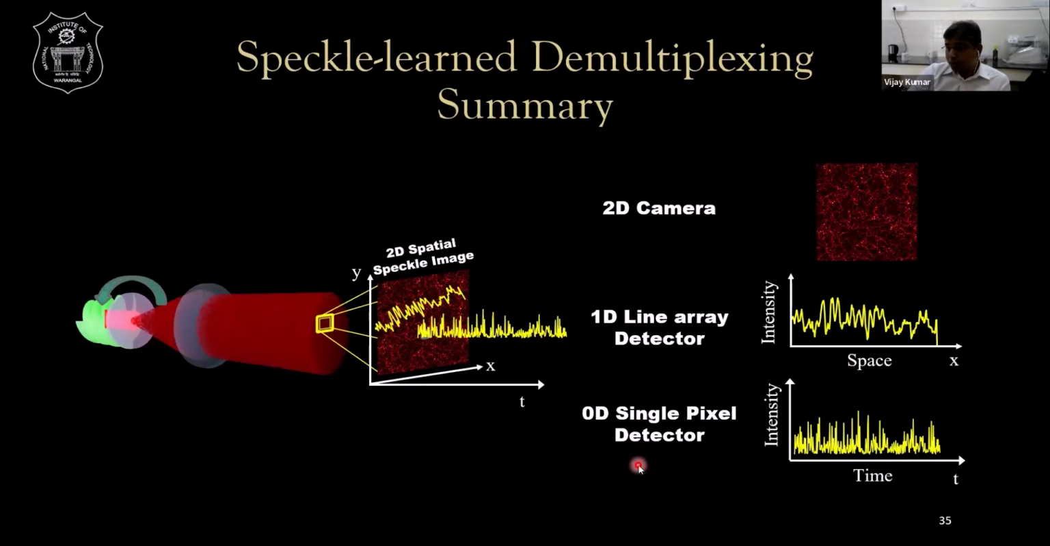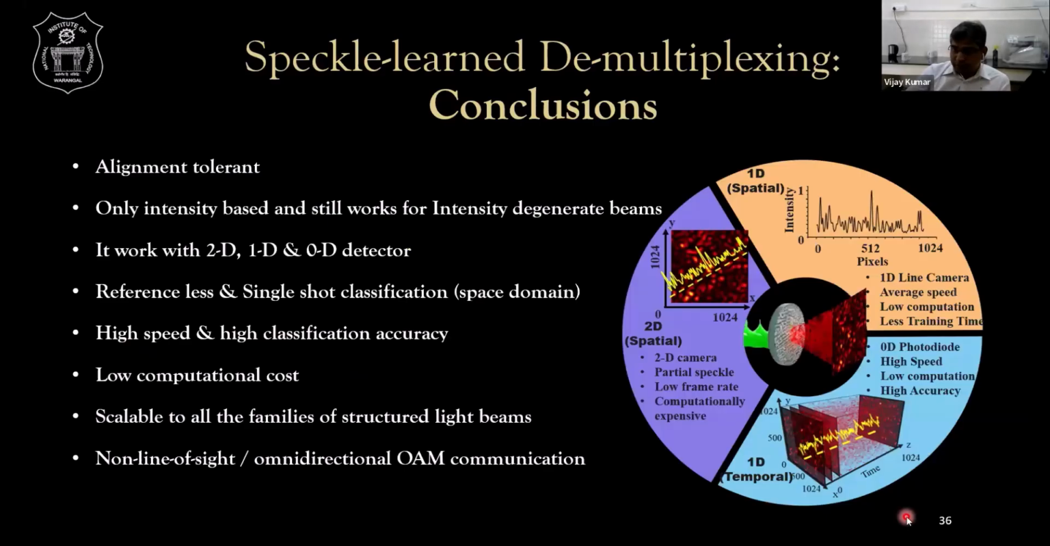And we can also do it by using a single pixel detector and taking the signal in time. So all these three techniques, therefore, the power of our technique is we can do the classification in all the three dimensions, which is 2D camera, 1D line array, and the 0D single pixel detector. That is the power. And then this is just to do the conclusion that since we are taking the speckle